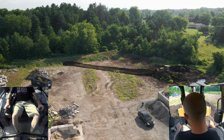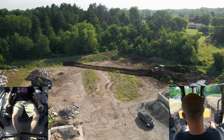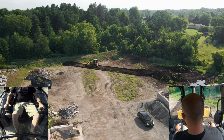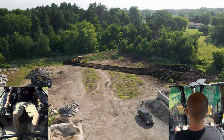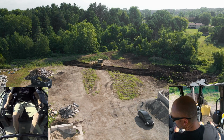Boy, there's some meat in the middle of that pile. Come on, baby, come on. So I'm thinking I can be wrapped up here in about 2.5 hours. We should be able to get this all stripped and moved into place, and then I am done and out for the day. Today's going to be a short video,